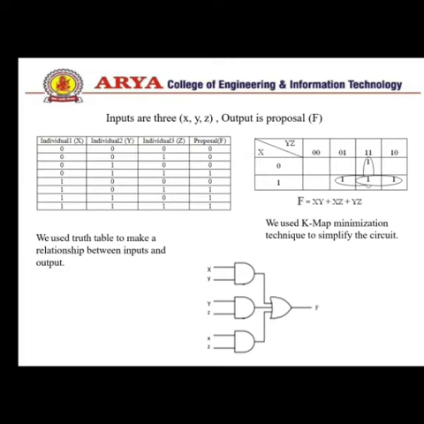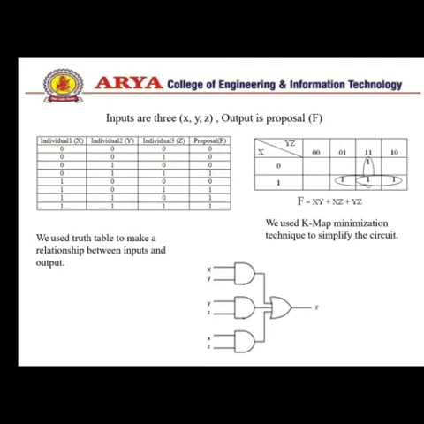First, we construct the truth table for this problem. There are 3 inputs and 1 output, so we construct the truth table for this logic. The number of inputs is 3, so the maximum possible conditions are 8. So we put in this truth table values from 0 0 0 to 1 1 1. And the output is 1 when at least 2 values in the input are 1.